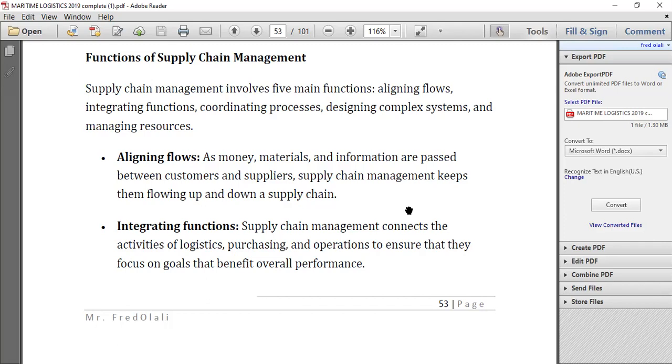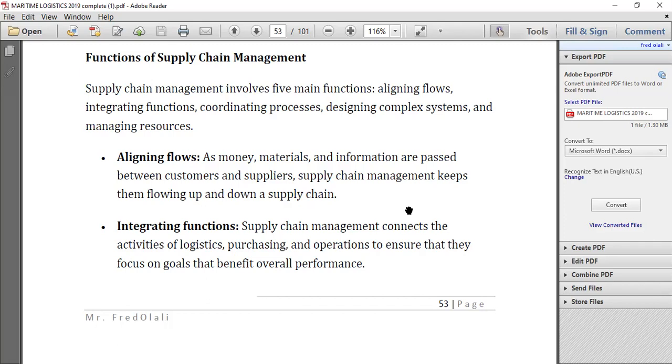Money changes hands from one party to another. Materials also move from one point to another. And also the information from the clients is important for the company to improve on the product quality